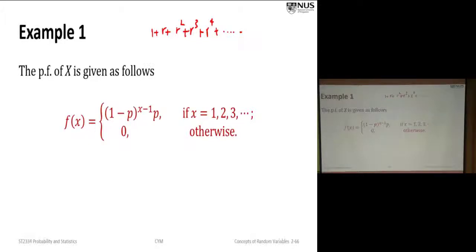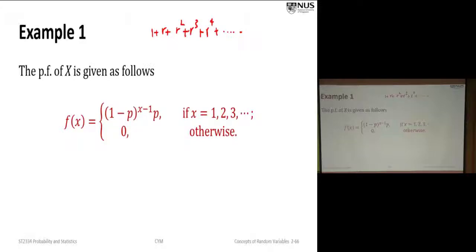If x equals 1, it means that the first time you toss it, you got a hat, a success. Then you may toss 3 times, all 3 failures, you continue to toss until you get it. So that's why it's (1 minus p) raised to the power x minus 1. That is the x minus 1 failures, then times the last one, which is the success. So this is what we call the geometric distribution. But we put that aside.